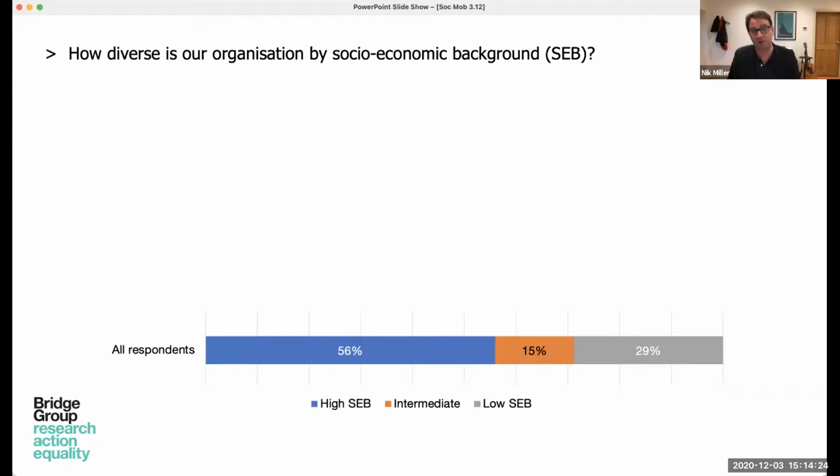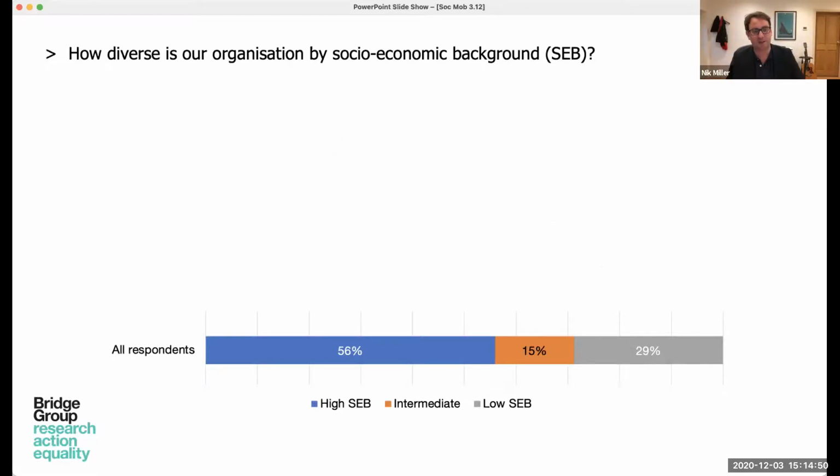Some organisations, including the Commission, of course, choose to use working class, I think, for lower socioeconomic background, and professional for higher. So these are synonymous. So I think if I were a board member looking at this, I would think, well, is that good or is that bad? I have a sense with gender diversity data that 50-50 feels like a good place to be moving towards. Here, little idea.